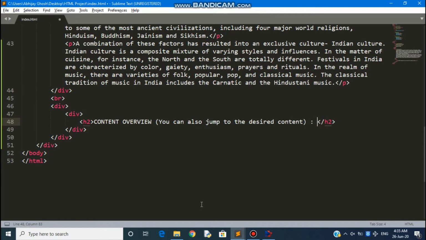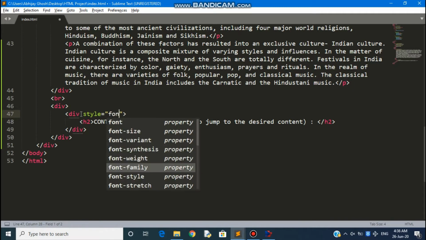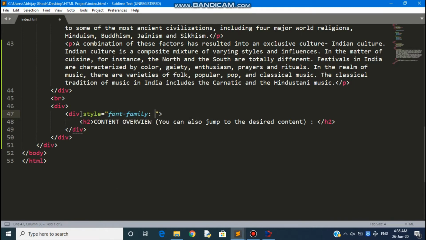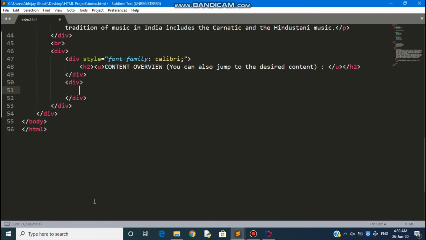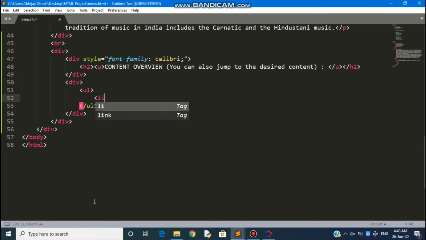I will add an underline attribute to make it catchy, and will insert inline CSS, as you can see, which is font family Calibri. So now I open up my div tag 2.2, inside which I'll create an unordered list.